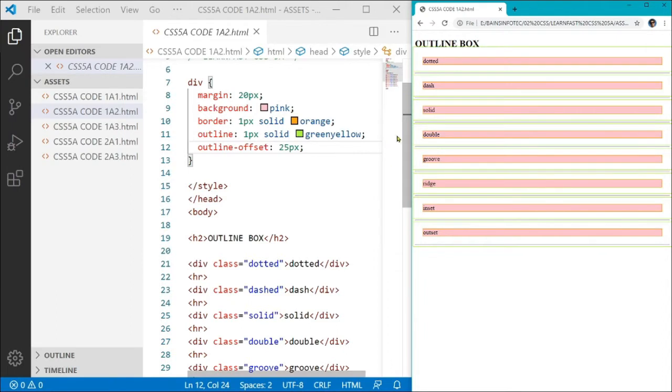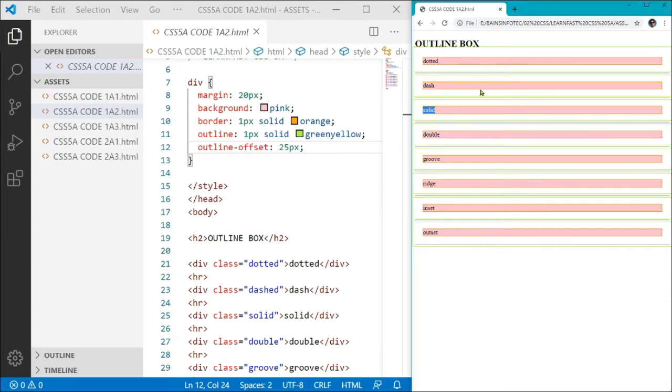As we can see, the background color to the text itself is pink. And then around it we have a margin of 20 pixels,